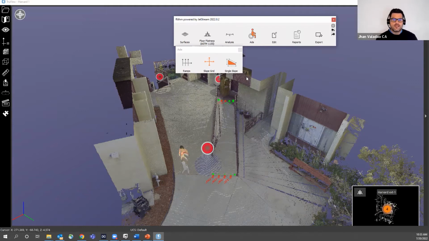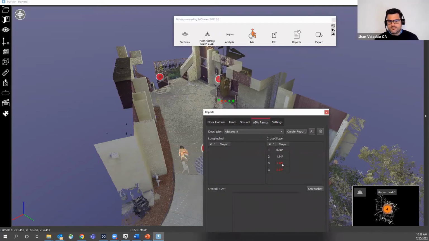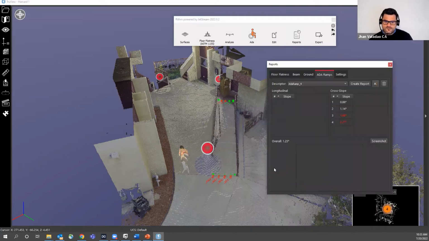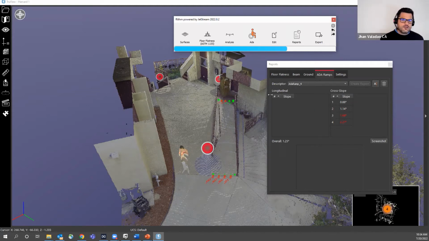Now when we get into something like ADA, this is really to show that you are in compliance. ADA can get a little scary sometimes, but we can now quickly generate a report over here and show that you're within a certain tolerance or not. Over here, it seems this one was built with a different standard because we're hitting a little over, but you would be able to be on the job site and validate that this is within tolerance. It doesn't look like it's out by much over here. But this would allow you to get that information in the field, and know that when you leave a job site,